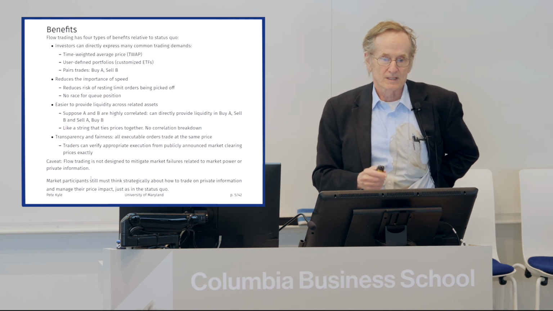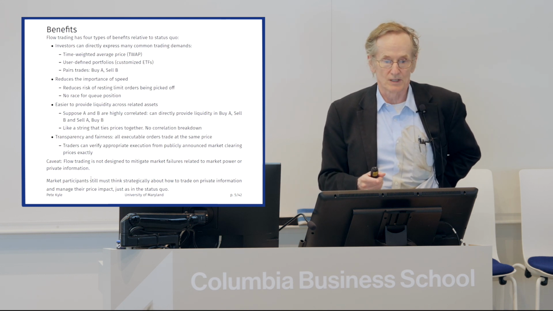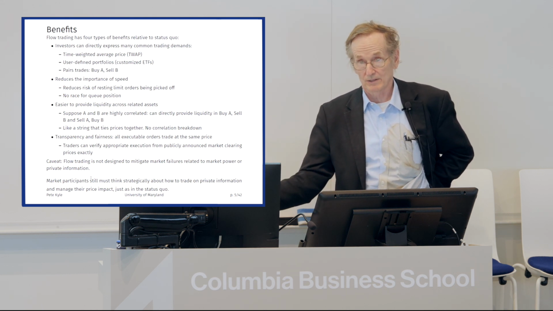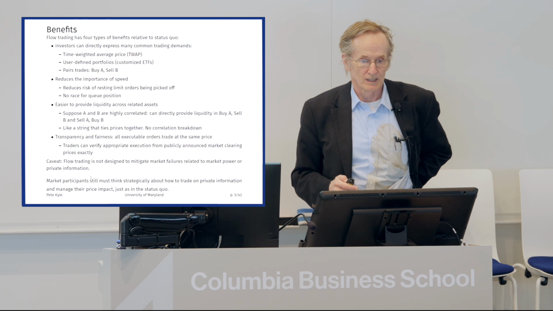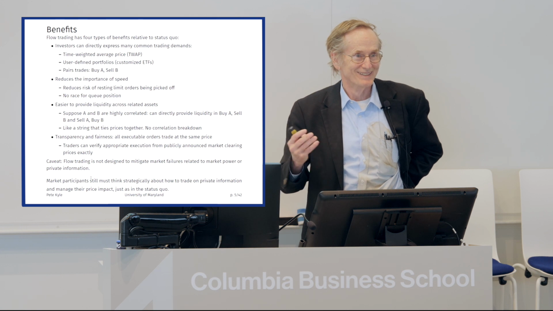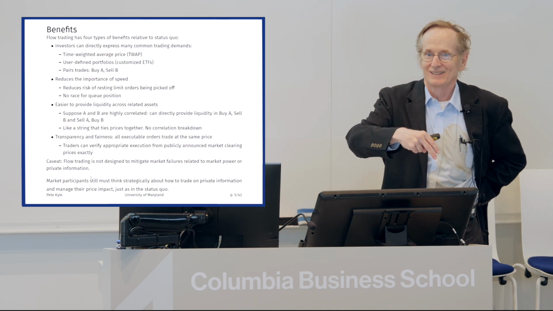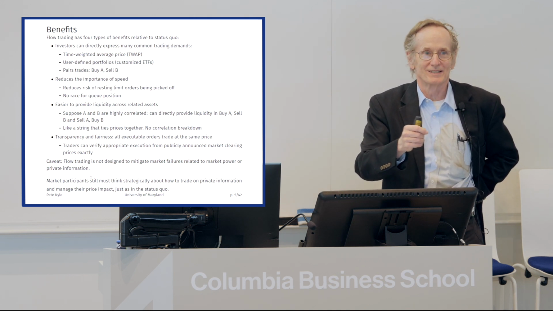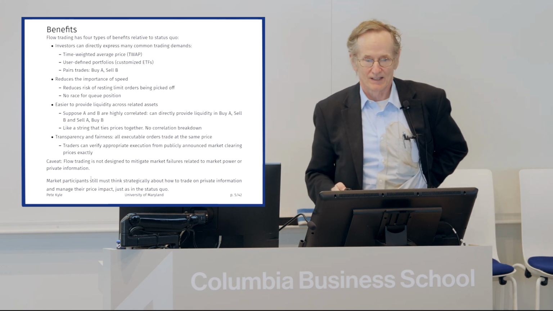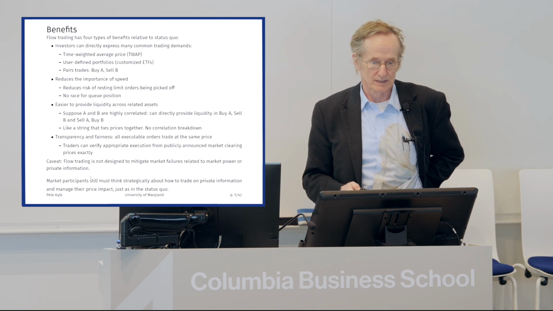Secondly, we reduce the importance of speed, because we reduce the risk of resting orders being picked off, and we also don't have this race to place new orders at the bid or the offer, or to cancel existing orders at the bid or the offer when they're stale. It makes it very easy to do various types of arbitrage. I remember the old days when traders would arbitrage the Ginnie Mae futures contract, which was mortgage-backed securities, against the Treasury bond futures contracts at the Chicago Board of Trade, and human beings did that by running back and forth between 2 pits that were side by side. That was a pretty inefficient way to do it. Here, you just place 1 order and sit back and let it execute.